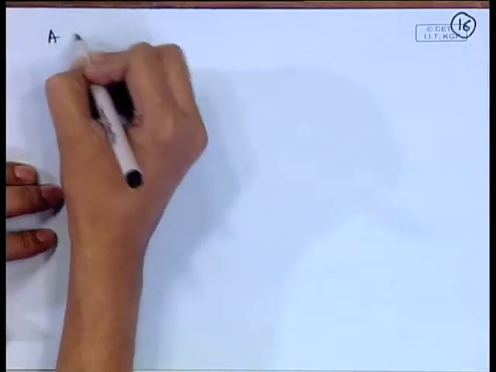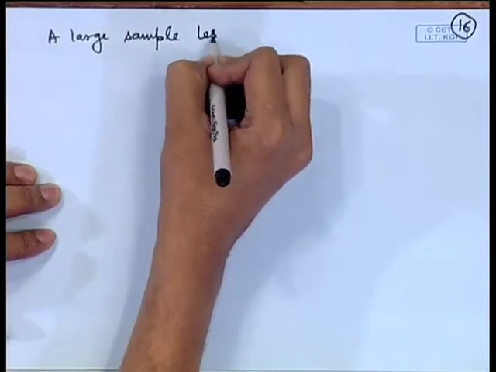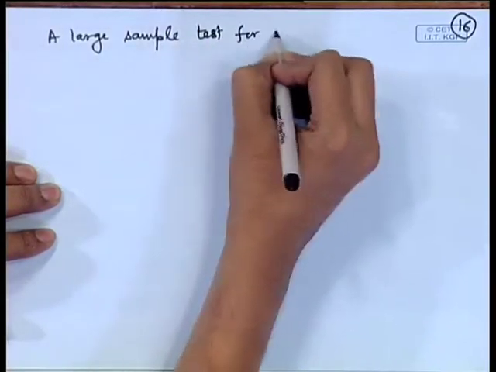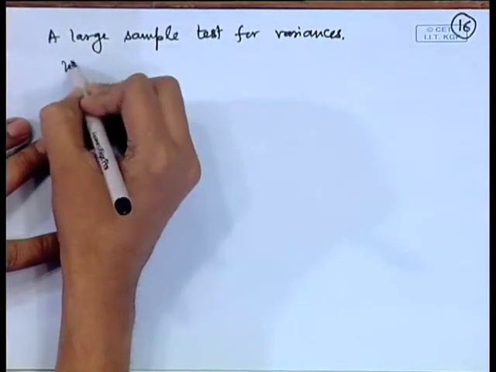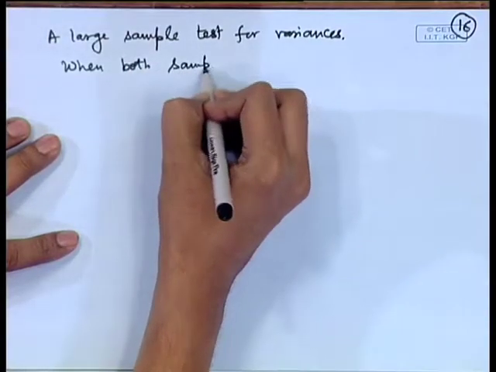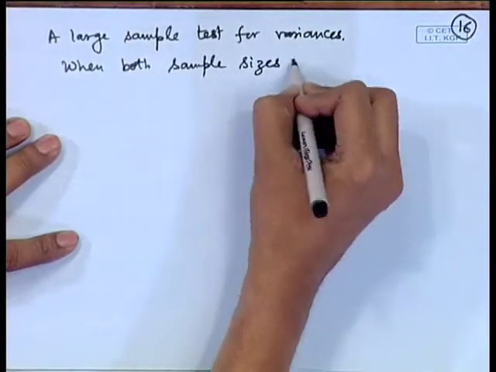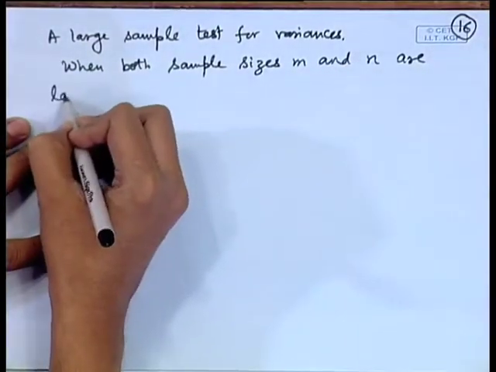In that case, we may go for large sample approximations for the S 1 square and S 2 square, and we may use the following: a large sample test for variances when both sample sizes m and n are large,